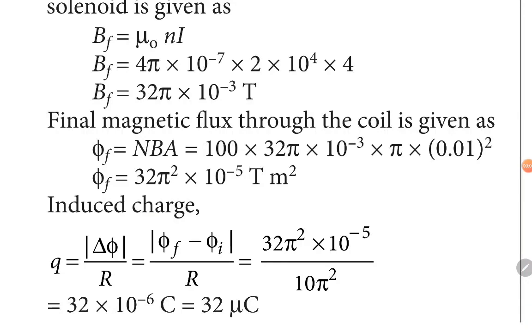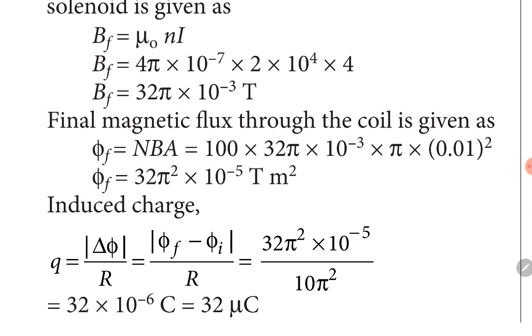Yes students, you can observe here that magnetic field inside the solenoid is given by the equation B is equal to mu naught Ni, where N is number of turns per unit length. Guys, in this question, number of turns per unit length have been given as 2 into 10 raised to 4, and current I flowing through the solenoid initially has been given as 4 amperes. Guys, once we substitute these values, we'll obtain magnetic field B inside the solenoid as 32 pi into 10 raised to minus 3 Tesla. Guys, once we find the value of magnetic field B, this is the magnetic field which is passing through the smaller coil.